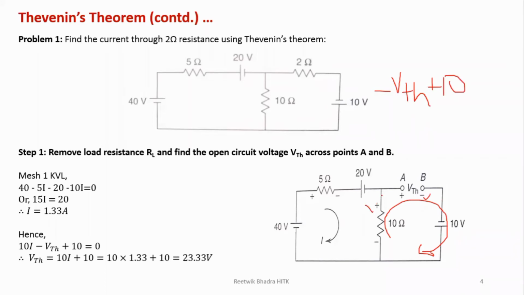From here, the direction is leaving from this plus. So plus 10 into I. Okay, so VTH is basically, if you bring it on the other side, this will be equal to 0, means closed loop voltage is equal to 0. So VTH brought on the other side will give you VTH is equal to 10 plus 10I, which was nothing but the previous equation, 10 plus 10I. So you can write according to VAB also, according to my method also.